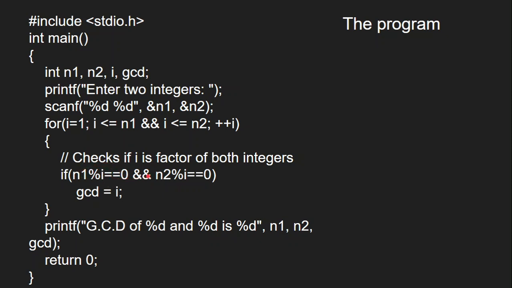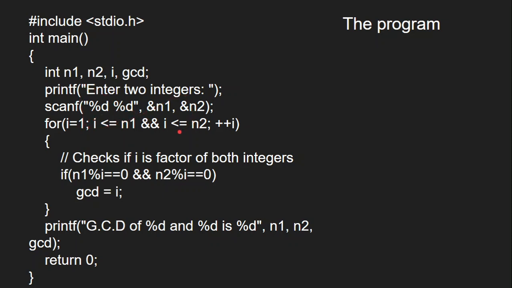Again, that same number i is going to divide the next number n2 also. In that case also, if it leaves a 0 remainder, that means there is no remainder, so this number i is a divisor for both n1 and n2. Since it is for both n1 and n2, that is the greatest common divisor. Individually one number may be a divisor for one value and another may be the divisor for the other value, but here the logical AND checks whatever number you take, either n1 or n2. We check all the numbers from 1 to n1 and 1 to n2.